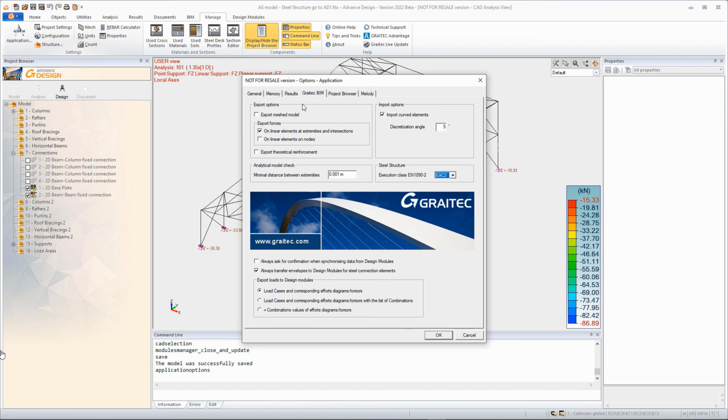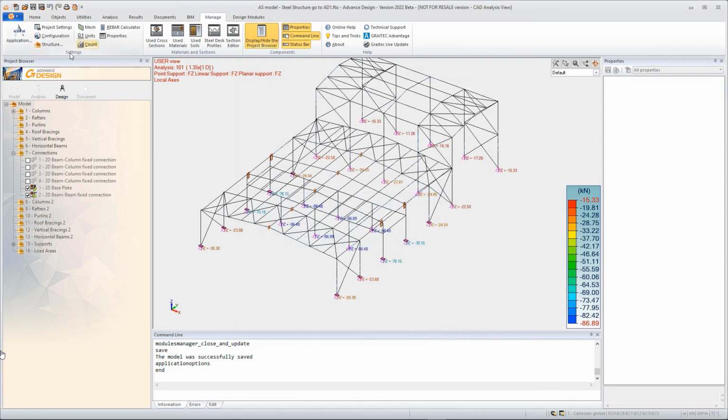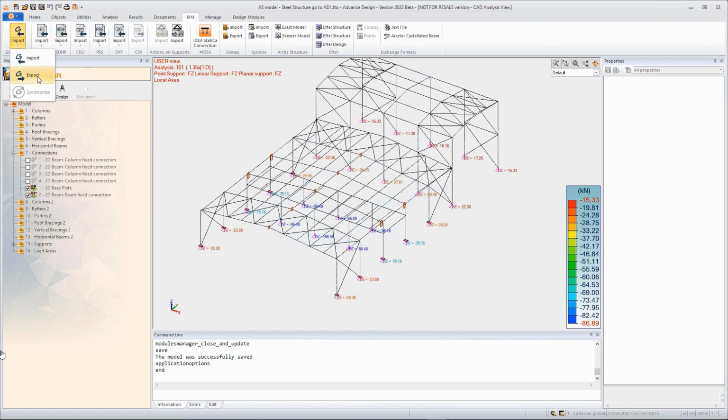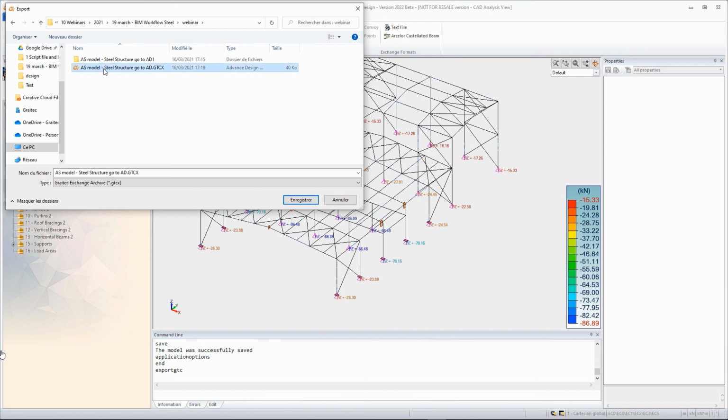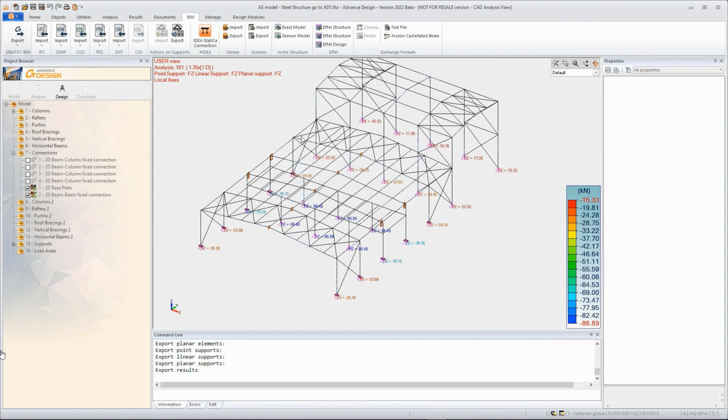Once the design is done, both for steel members, once the optimization of sections is done and the design of the connection, we can export a GTCX file again. So we will use this internal GRAITEC file format to export the new model completed with the design made in Advanced Design software.